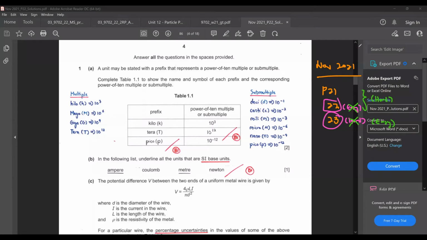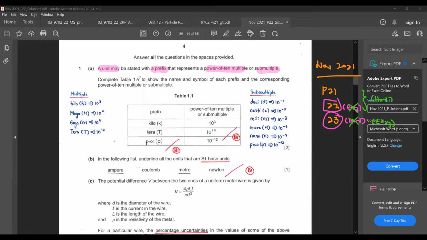So start the recording. All right, so let's look at the P22 question, November 2021 P22. The easy questions, I'll just breeze through it. Okay, now for 1A, a unit may be stated with a prefix that represents a power of 10 multiple or